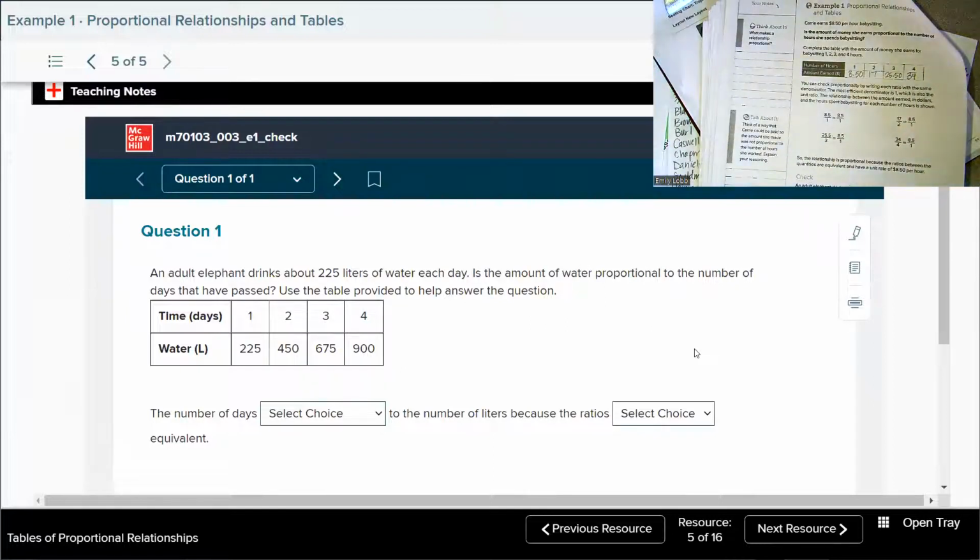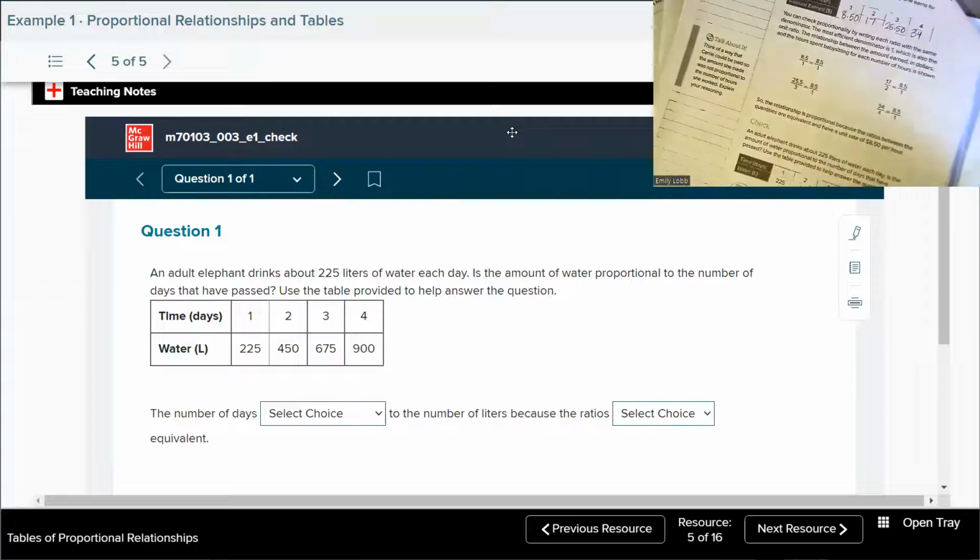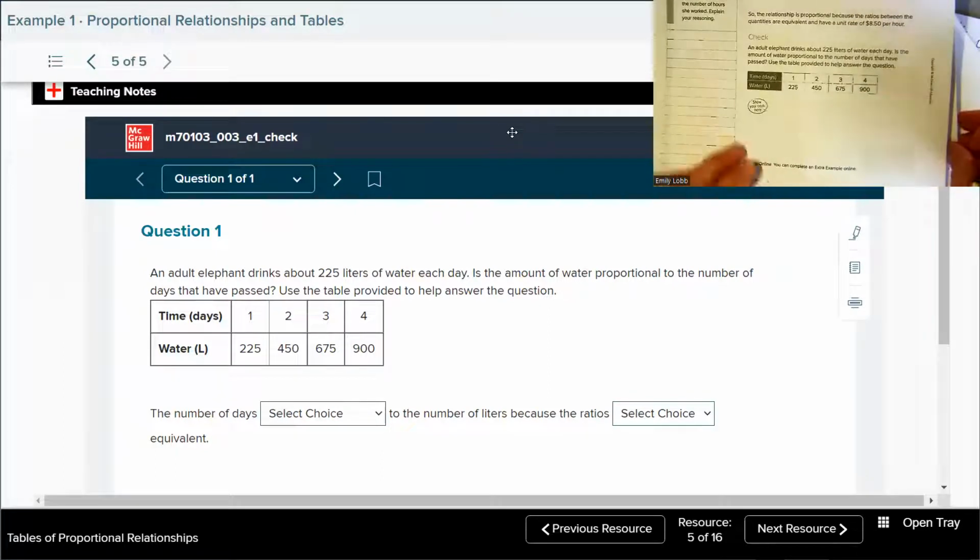An adult elephant drinks about 225 liters of water each day. Is the amount of water proportional to the number of days that have passed? Well, how could we show our work to prove that? We could divide, right? I'm gonna zoom in down here. We could say